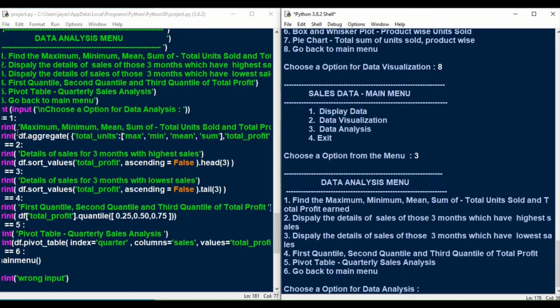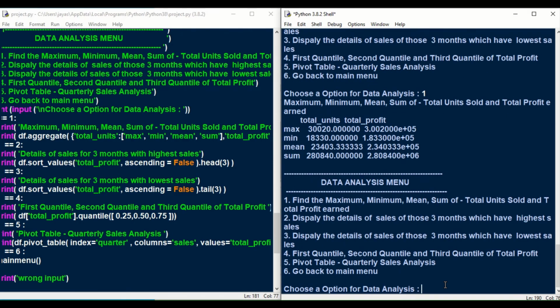For this, we are using the dataframe.aggregate method to find the result of these functions on the required columns. So when I enter the choice as 1, it shows us the maximum, minimum, mean and sum for the total units and the total profit columns.